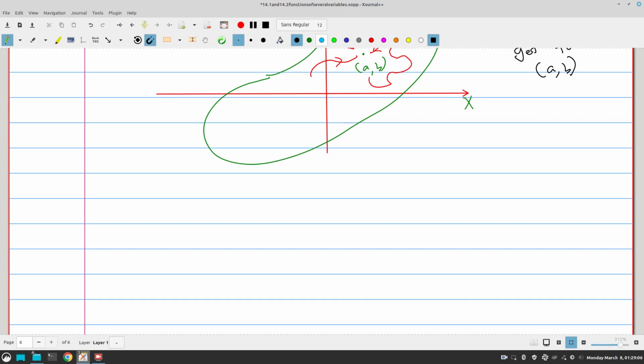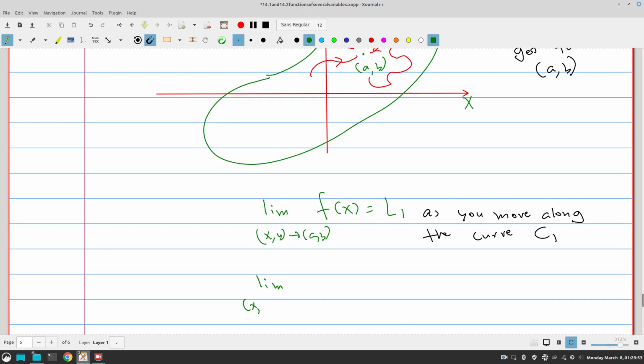For example, if you move along a curve C1, and the limit as x goes to A and y goes to V of f of x equals L1 as you move along the curve C1, and the limit of f of x equals L2 as you move along C2,